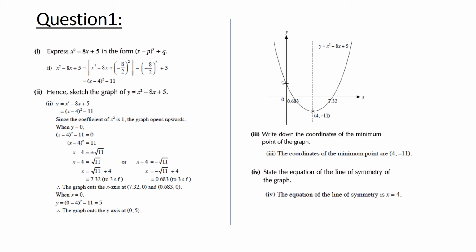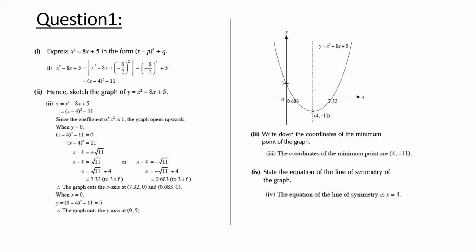For finding its y-intercept, put x equal to 0 in the equation y equals (x minus 4) whole square minus 11. From there, by simplifying, you will get y equals 5. It means the graph cuts the y-axis at (0, 5). Mark the points of the intercepts as well as of the vertex on the graph and then join them with a smooth curve. You will have your required graph over here.